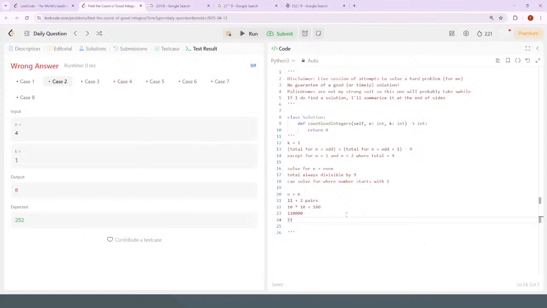So that's 28 good 4-digit numbers that start with 1. It doesn't have to start with 1. It could be, well, so for 4 digits,